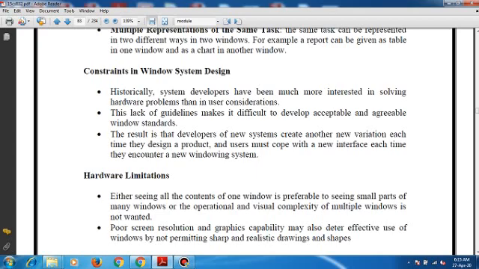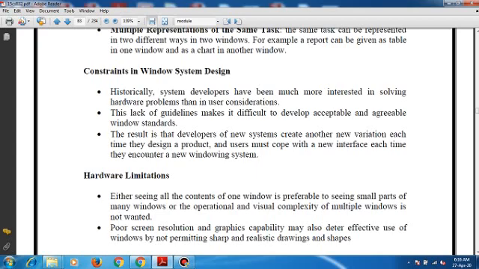Seeing all the content of one window is preferable to seeing small parts of many windows or operations, and the visual complexity of multiple windows is not wanted.